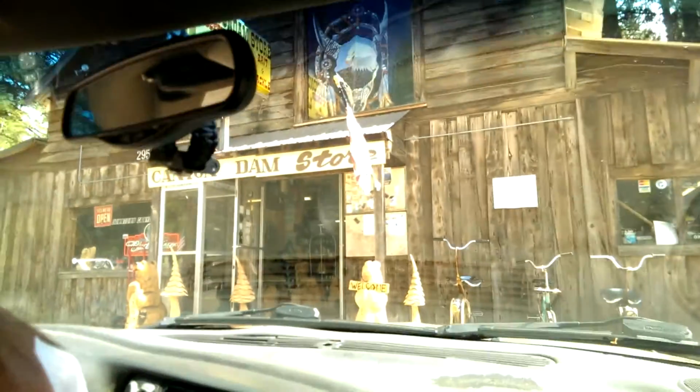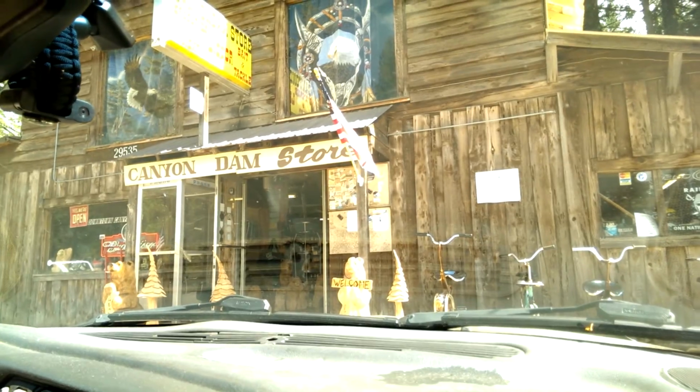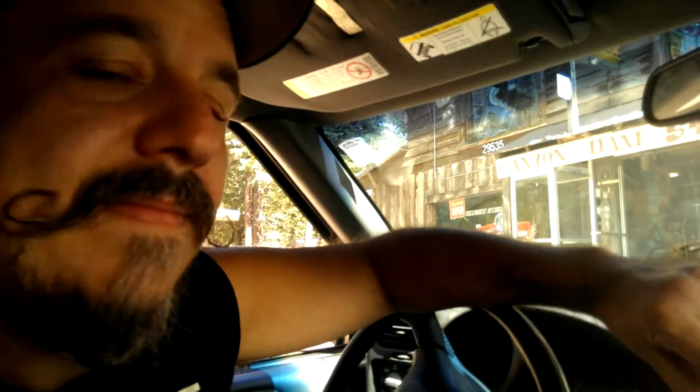So it's the Canyon Dam store. I think in Canyon Dam City, is where we're at. It's just north of Lake Almanor in Northern California. So anyway, what caught us, if you look over, you can see this is the Canyon Dam